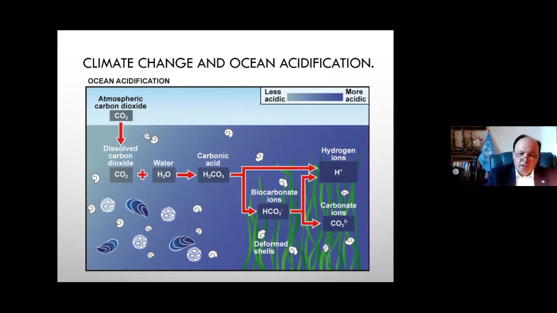And the trouble is, the more we move this equation to the right, the more concentrations of hydrogen ions we will have in the oceans, and that is what is going to cause the acidification, because what is measured is pH, the concentration of hydrogen ions. The more concentration, the lower the pH, and there's more acidification, and that will cause lots of problems for marine life,